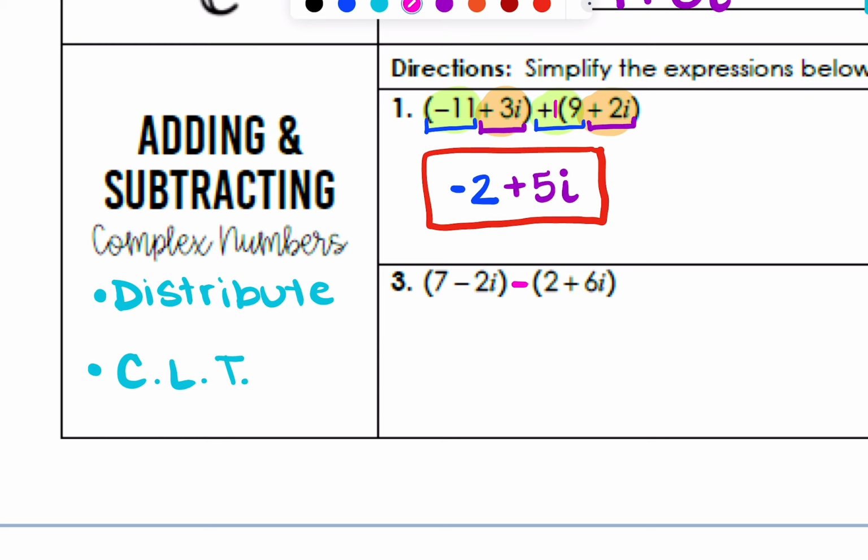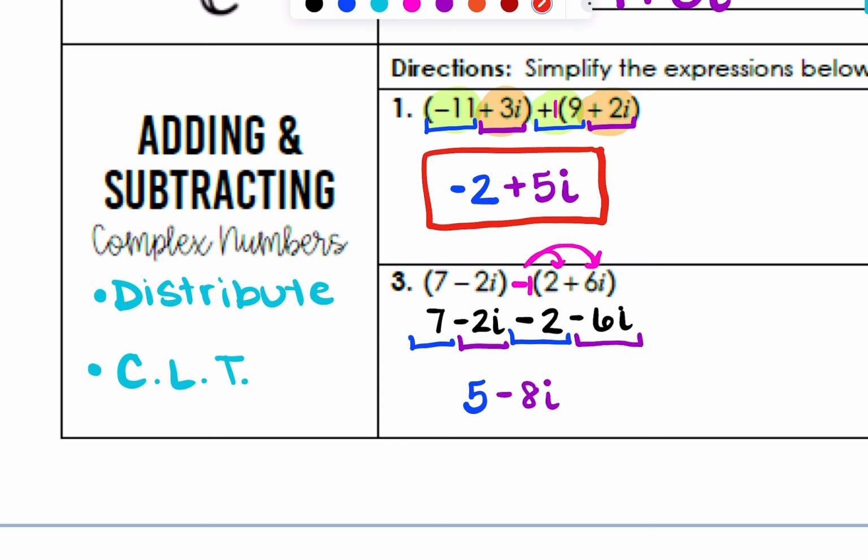It's subtraction. So there is technically a -1 here that needs to get distributed first. So this problem does become 7 minus 2i minus 2 minus 6i. And now we can combine our like terms. So we have our real numbers. 7 minus 2 is 5. And then we have the imaginary part. -2 minus 6 is